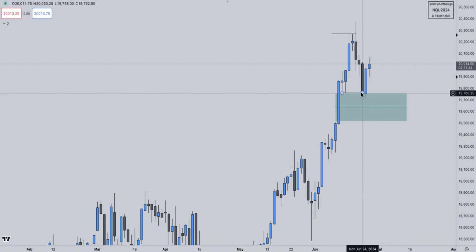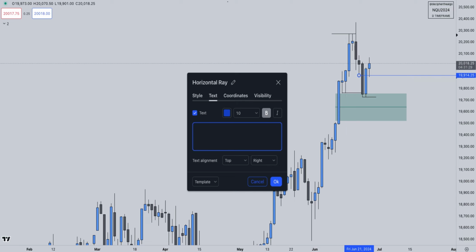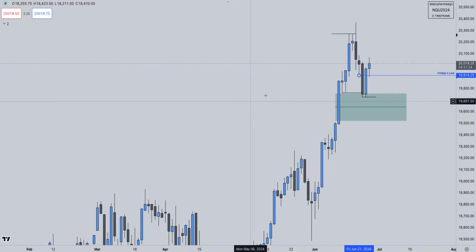Heading into today, Monday had tagged that level. Tuesday had barely taken out the previous day low. And then Wednesday, we were opening near the highs of Tuesday. The only other level that we have from the daily chart perspective is going to be Friday's low, and I'll show you why in a second. The general idea is that old highs and lows can act as premium or discount arrays depending on the context. So if we're closing above an old daily low, you can see why that might be an easy level to reclaim, with this being a manipulative move lower just to tag this gap, rally higher, tag it there.